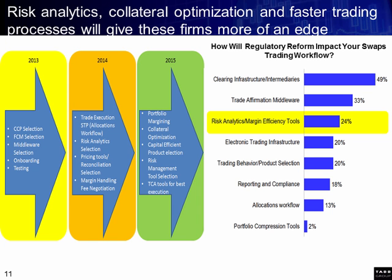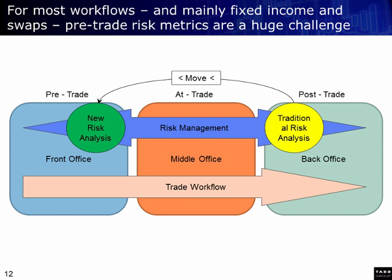And in order to do that, there is this new partnership relationship that they need to have with their brokers, and use, like I said, the tools that they have available to them, but in a much more efficient manner. Again, going back to one of the comments that I made earlier about the OTC derivative space, where we saw that need for back office processes moving into the front office. Again, with fixed income, it's a very similar story, where people are saying that in order to be able to trade any particular product, they need to be aware of their traditional risk analysis. The element that would have taken place in the back office is now coming very much to the forefront